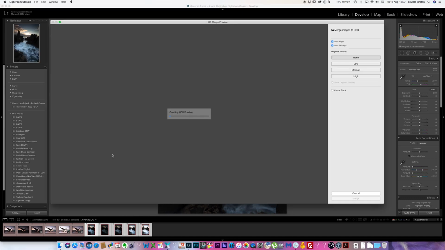Lightroom will do its thing to create a preview. I've got on auto align, auto settings. This was shot on a tripod, so auto align is just there for safety's sake in case the tripod did move a little bit, which it didn't. But yes. Okay, when it comes to the deghosting, while Lightroom's still busy doing its thing,